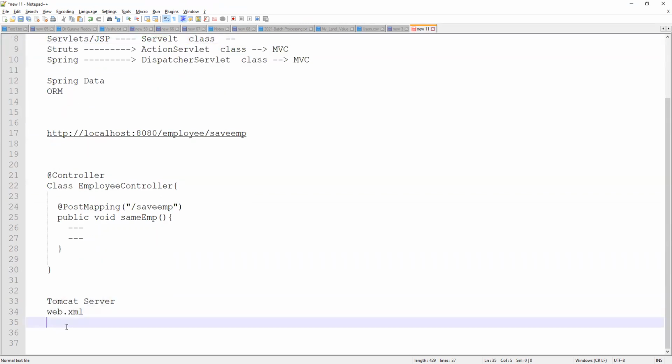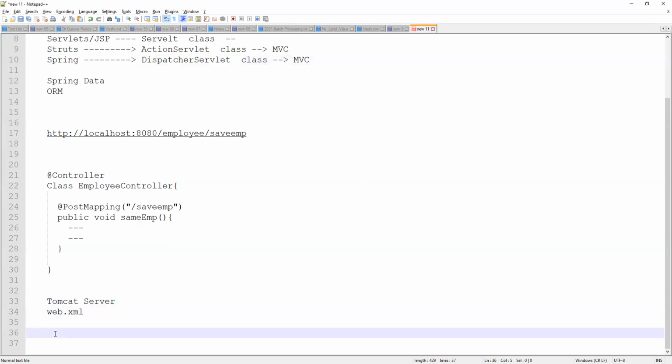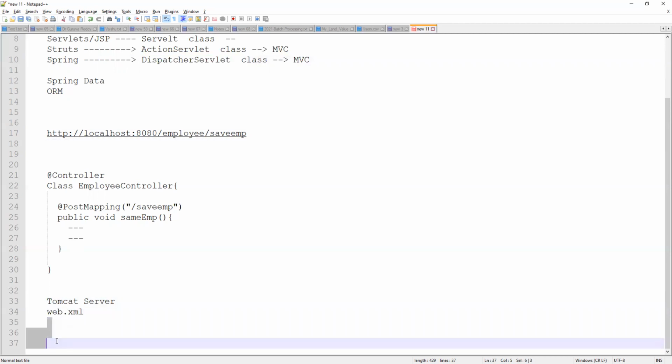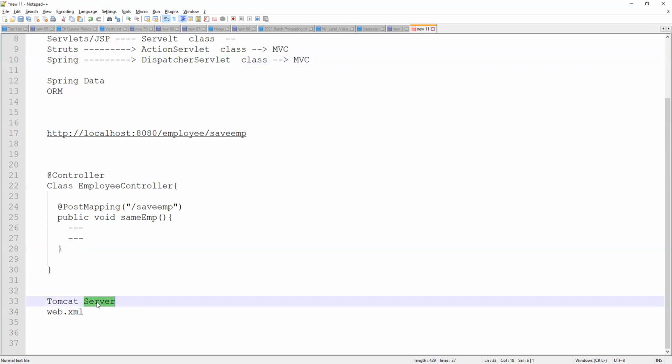We need to give the complete class name, and tell what the other XML files are. We need to tell the URL or URI format to reach your application. So we need to define all the paths of our application and the main class or front controller of our application. Then the Tomcat server will understand the DispatcherServlet class, which is Java supported,